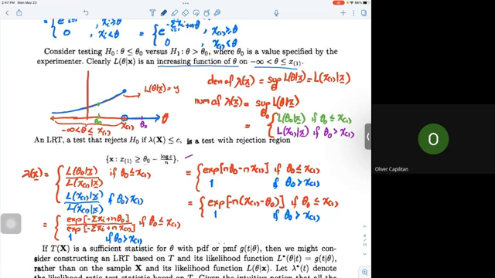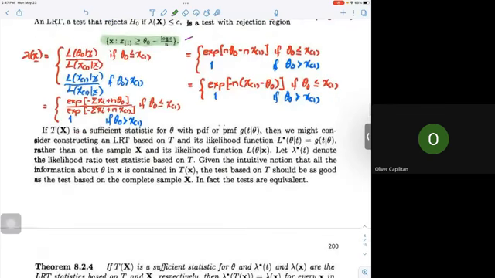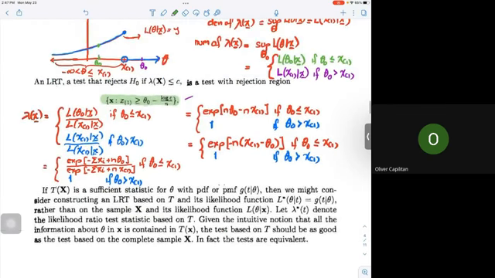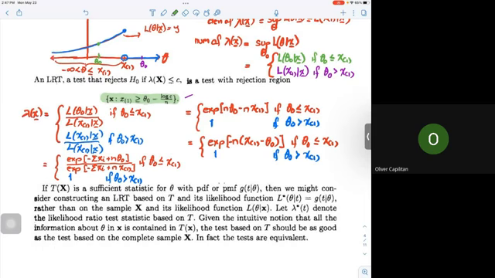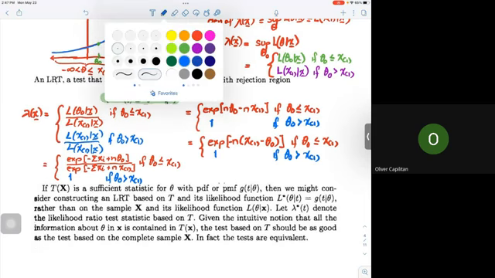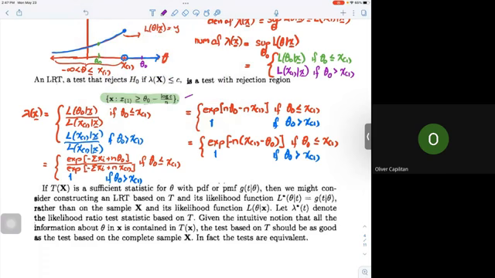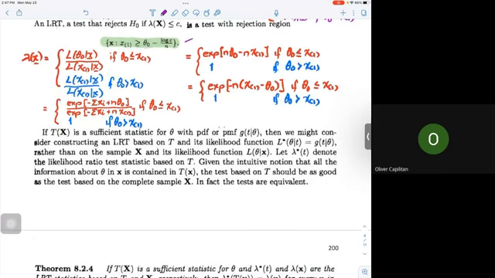Hindi naman niya pinakita no, sa book, hindi naman pinakita. Ano yung likelihood ratio test statistic? What about the critical region? Ito lang binigay niya. Ito yung critical region. Itong part na to. Ito yung critical region. So the critical region, kulang na yung space natin. Dito na sa baba. Sa baba ko na lang isosolve yung critical region. Okay? So rejection region,